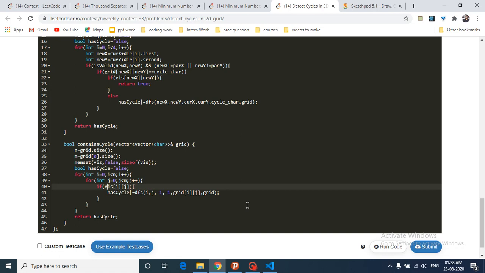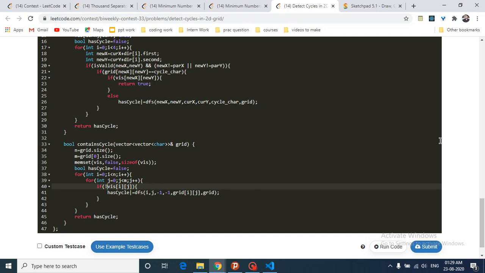You can also write it like this: if it is not visited, then for has cycle we do an OR, because in any of the iterations, if we find a cycle, the function returns 1 or true. Because we are doing an OR operation, it will turn out true if any of these DFS calls finds a cycle, and then we return true.